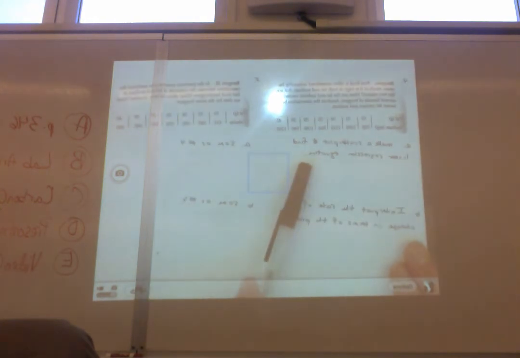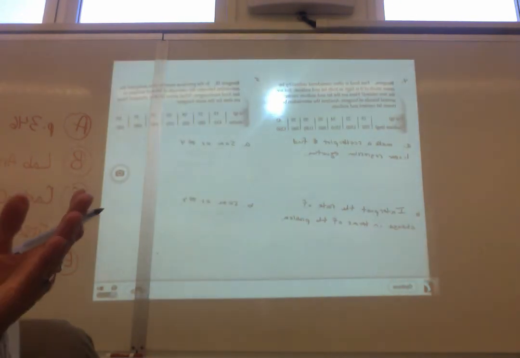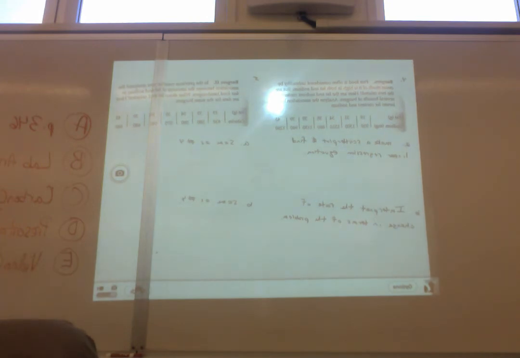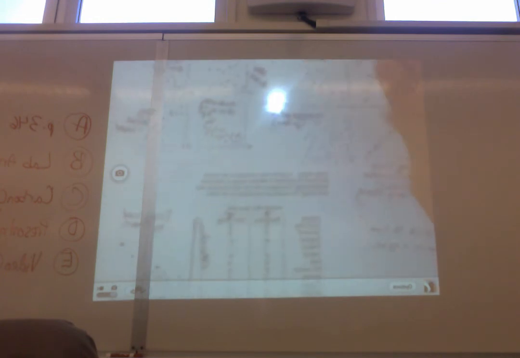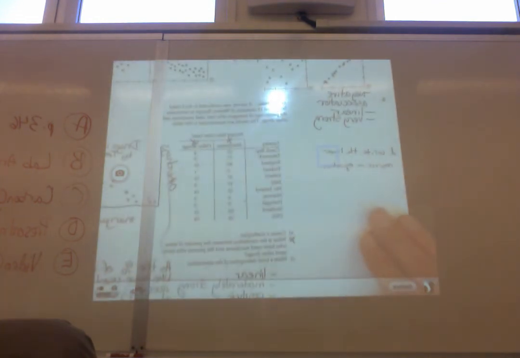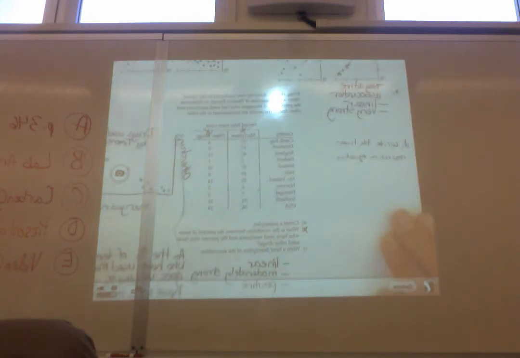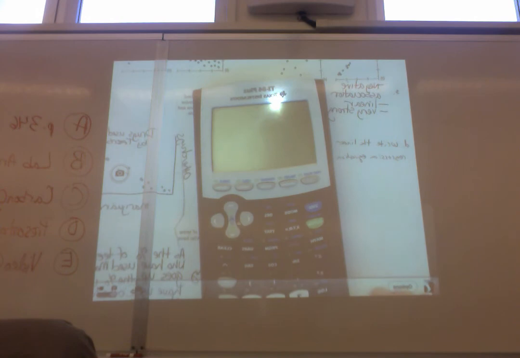I'll read. Thank you. Burgers. Fast food is often considered unhealthy because much of it. Oh, wait. There was something we were still supposed to do on that. Yes. Flip back. D. What does D say? It's off to the side over here. What does D say? Write the equation. All right. Here we go. Calculator's on.